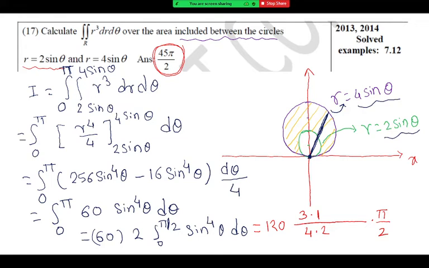The remaining part is the same, and the best part in polar is there is no change of order, because the order of integration is always fixed in polar, and that is dr d theta only. So theta always has constant limits. Angle is the only constant there. So you have to see the minimum and maximum angle over the region.